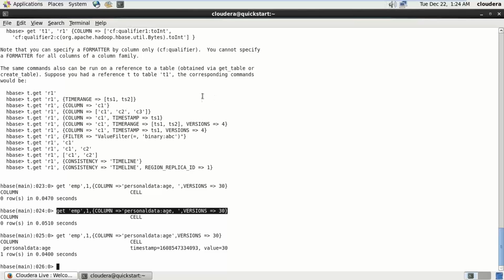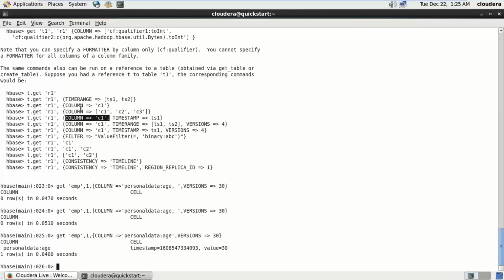Okay, so there is one more thing with the get command. When you are using the get command, you have to give the row key, right? But whenever you want to specify more attributes, which are column level attributes, you have to pass the column name as well. So I was saying, okay, versions 30, but get is not that intelligent, like scan. It asks you, for this row, for which column you want to see these many versions, like last 30 versions. You have to specify that column as well,